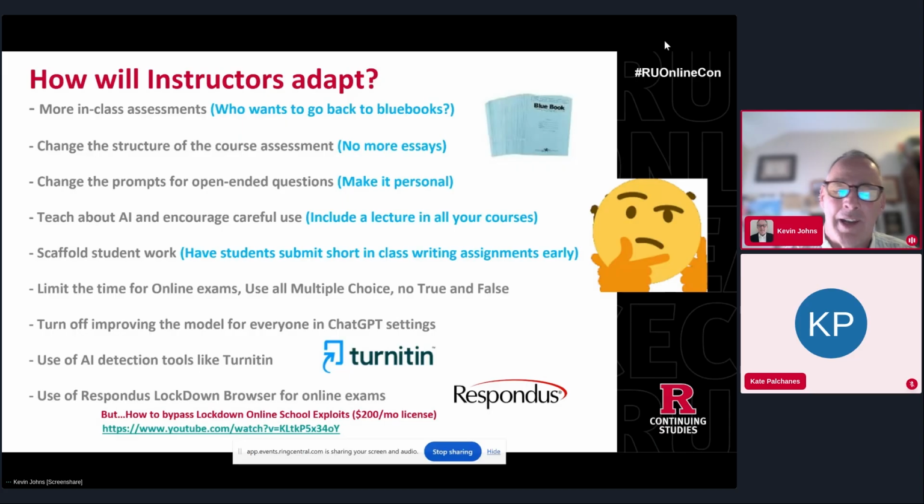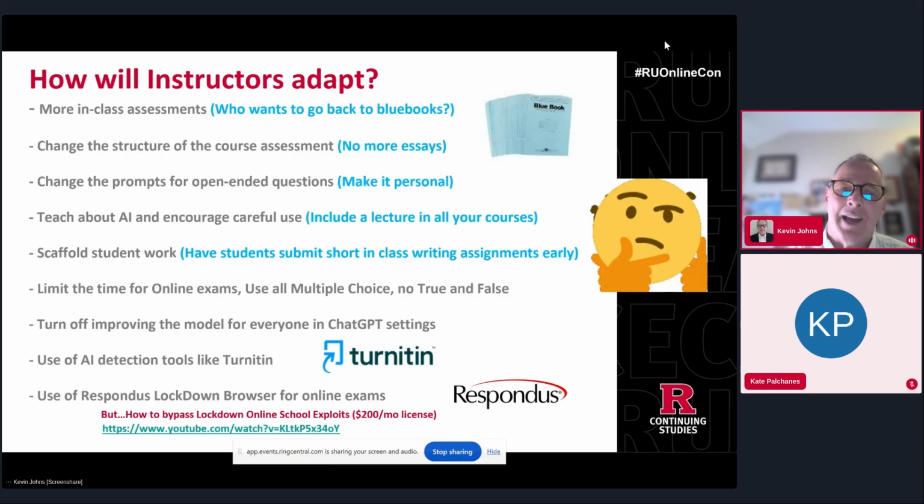And I've had students tell me how they've gotten around Respondus. Actually, there was one student that told me that they used a tool. There's a bypass lockdown tool that you can use. I think it's a $200 a month license for it. There's the YouTube video on the bottom. If your exam is using a lockdown browser like Respondus, you get this tool and it'll bypass that and you'll be able to do what you want on the computer. I went back to the Respondus folks on that, and they wouldn't comment. They said, we can't comment on any of this stuff. But I said, hey, it's out there. I mean, you guys have got to be aware of it.